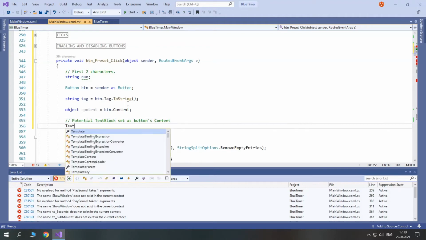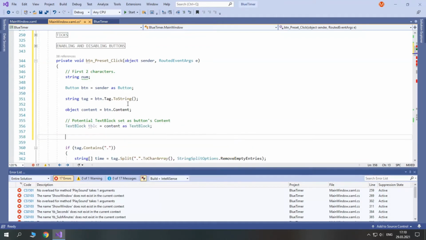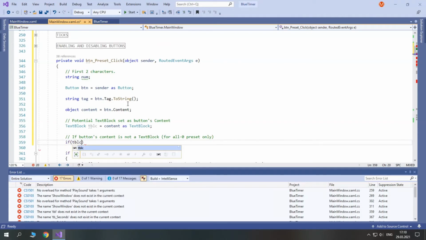So text block named tblc equals content as text block, and we will check if buttons content is not a text block, so it's for all 0 preset only. So if tblc is null, we get first 2 characters from content.